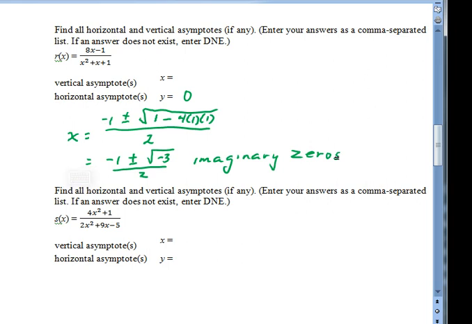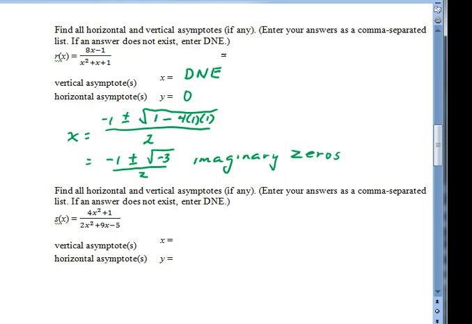And so in this case, the vertical asymptotes do not exist. There are no real numbers that are zeros of the denominator. In the next problem, we have